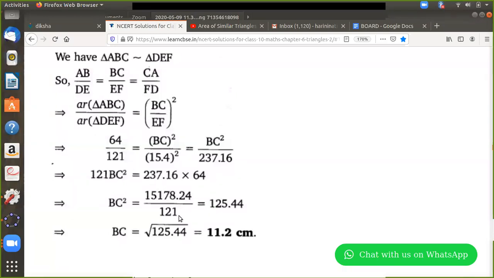So see how you can keep it as a square and get this number. You can do it. I'm not going to give you any clue. Otherwise, you should know how to find the square root of a decimal number. This also I have taught you last year, not last year, in the 8th standard.